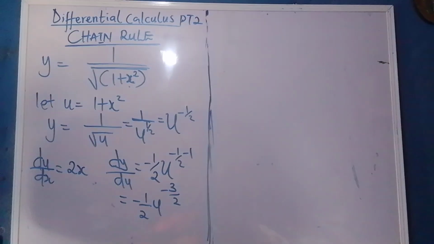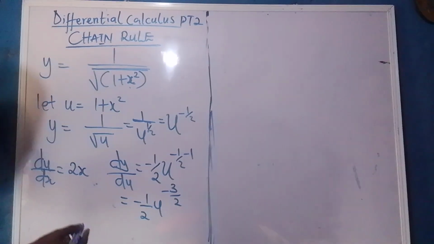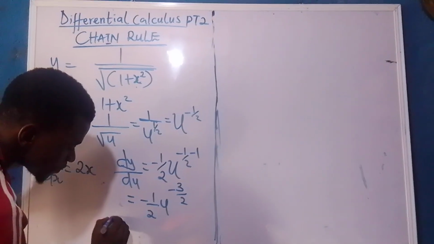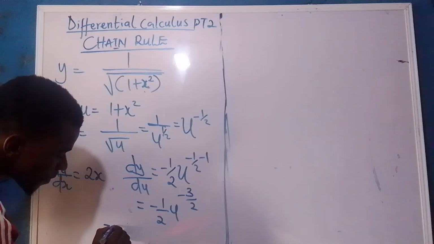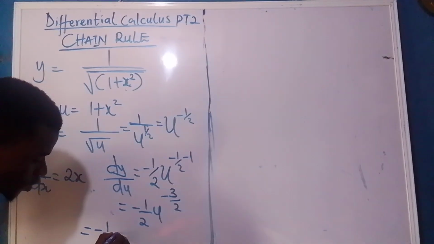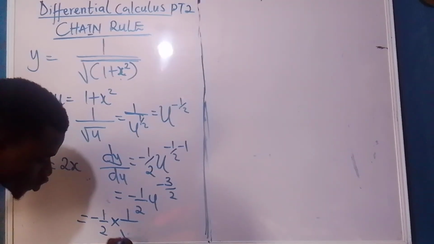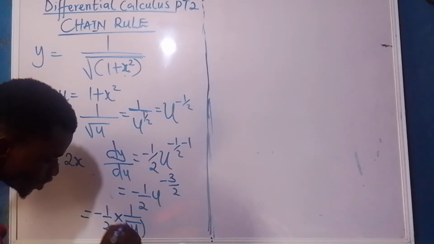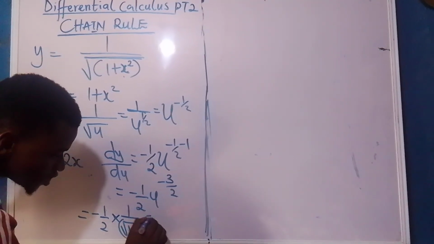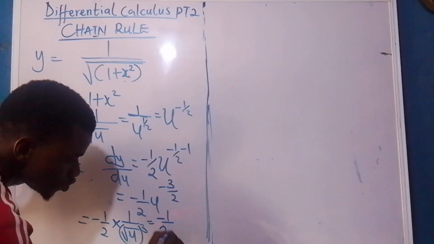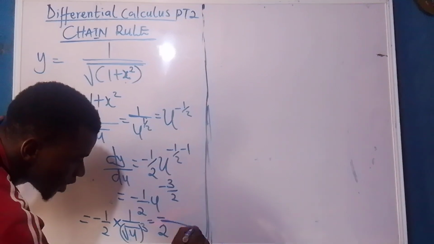So now to simplify this further, you can see that this means minus 1 over 2 times this value, that's 1 over square root of u raised to the power of 3, which is equivalent to minus 1 over 2, and if multiplied together,